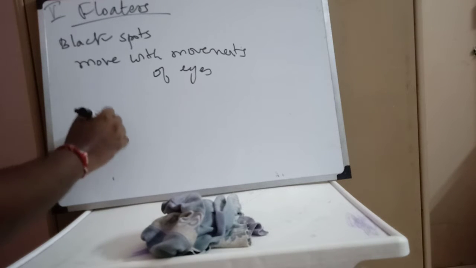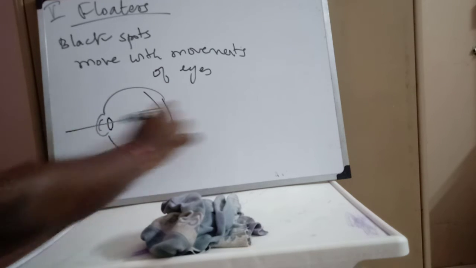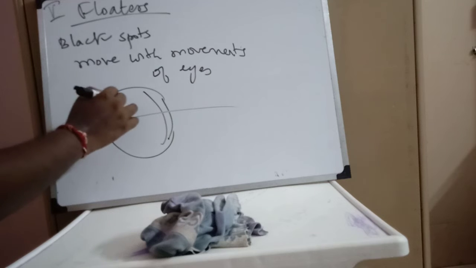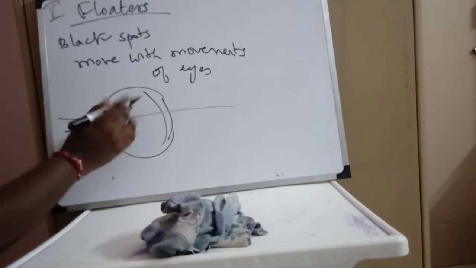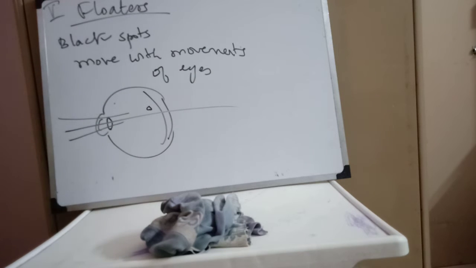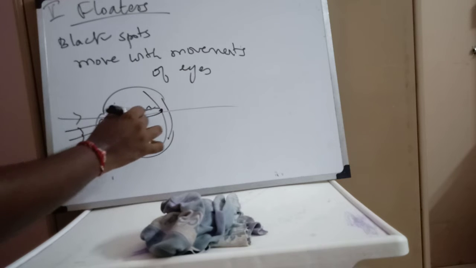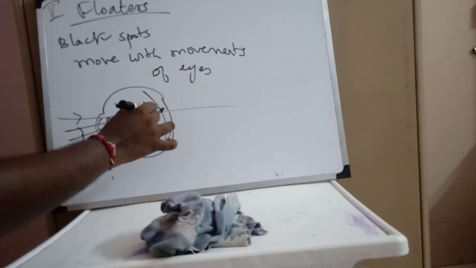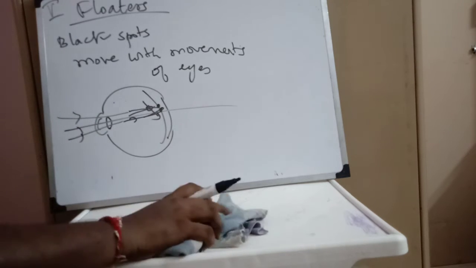Basically what is going to happen here is, this is the long axis of the eye. You are going to have something here, in the vitreous chamber. So all the parallel rays of light are going to come and converge here. This will hit that point, but this is going to be blocked by that something in the vitreous chamber, which blocks the passage of those light rays. So that is going to be perceived as a black spot on the retina. That is how floaters come into play.